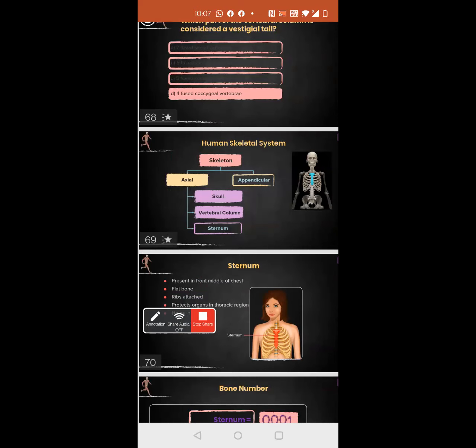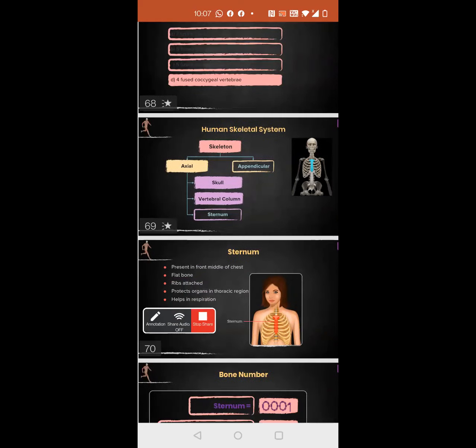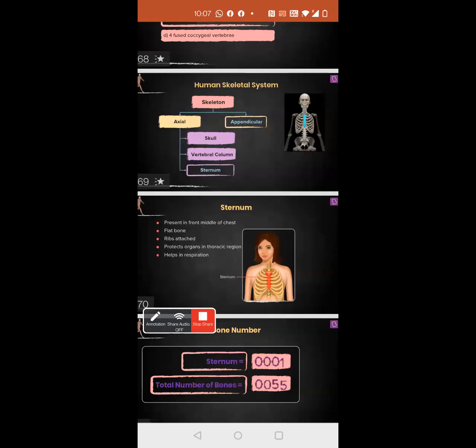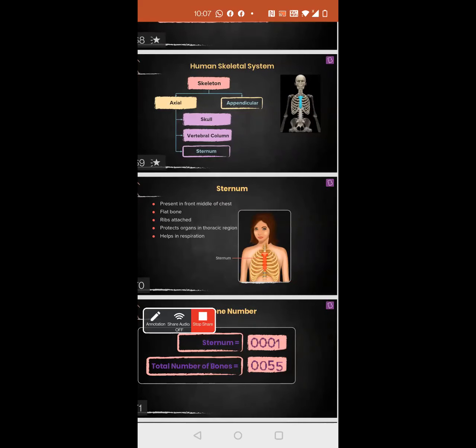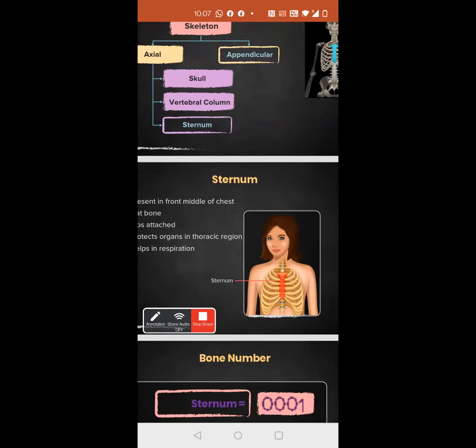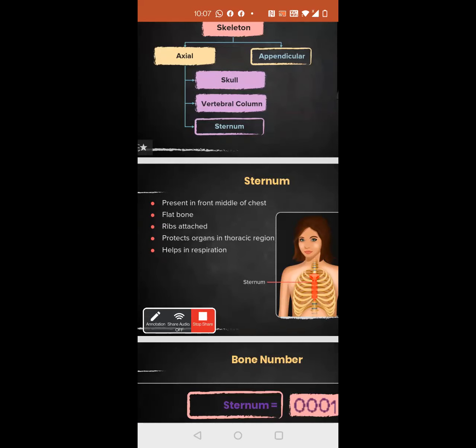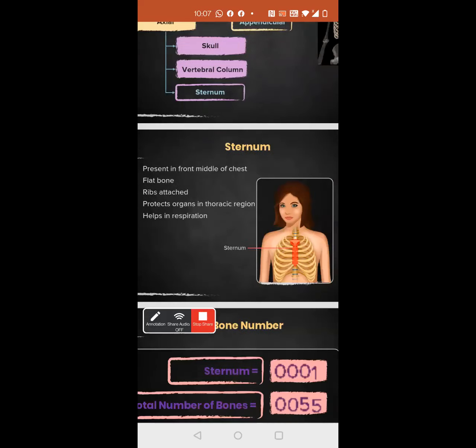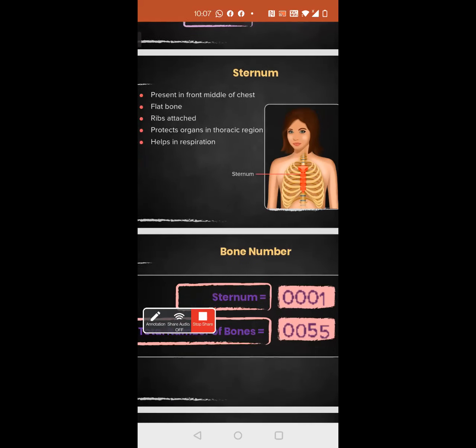The first 2 bones of the cervical region are called atlas and axis. Actually, the first 2 bones of the cervical means the first 2 bones of the entire vertebral column itself. So now we come to the second last part of your axial skeleton, which is called the sternum. The sternum is the chest bone present at the center of your ribs. From the front, it gives support for the ribs.